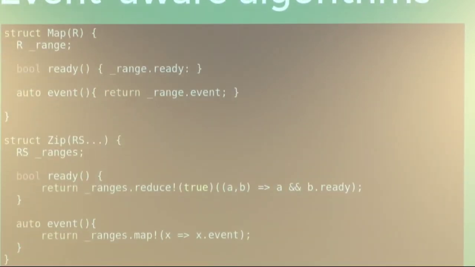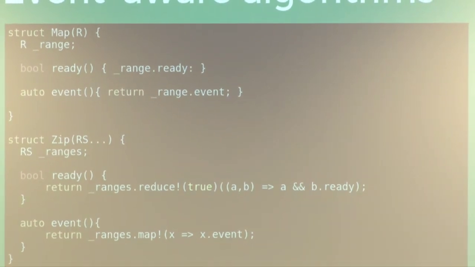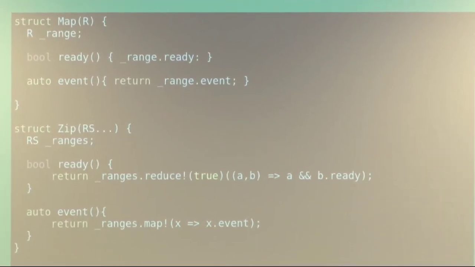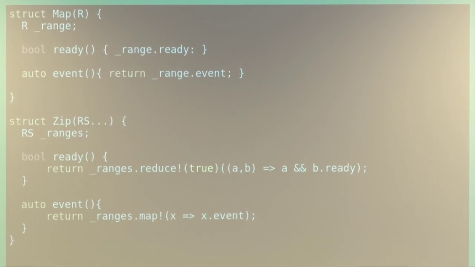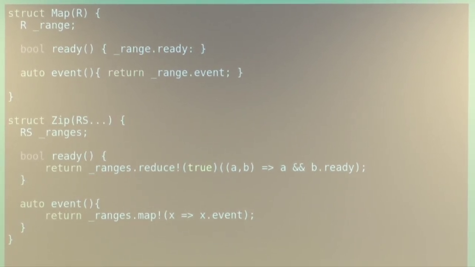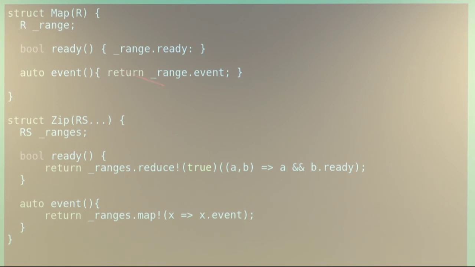Yeah. So this is my imagination of what it looks like to join STD algorithms with channels, events, and stuff. And the idea here is that some ranges define ready and define events that you can wait on. So if you have multiple of those, you can do your map, filter and stuff, and you get a queue of T, and you map it to a queue of U, and so on, as long as your algorithms propagate the asynchronous state here. And the reason for that is multiplexing. That is not on this slide, but